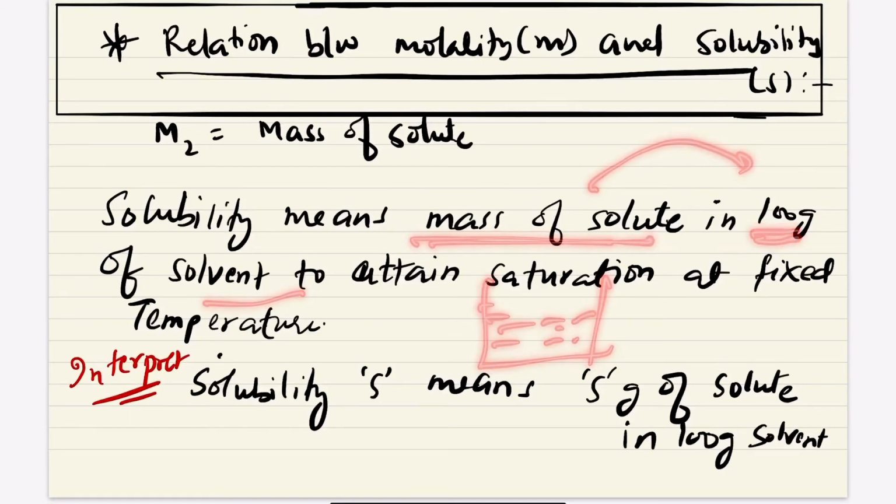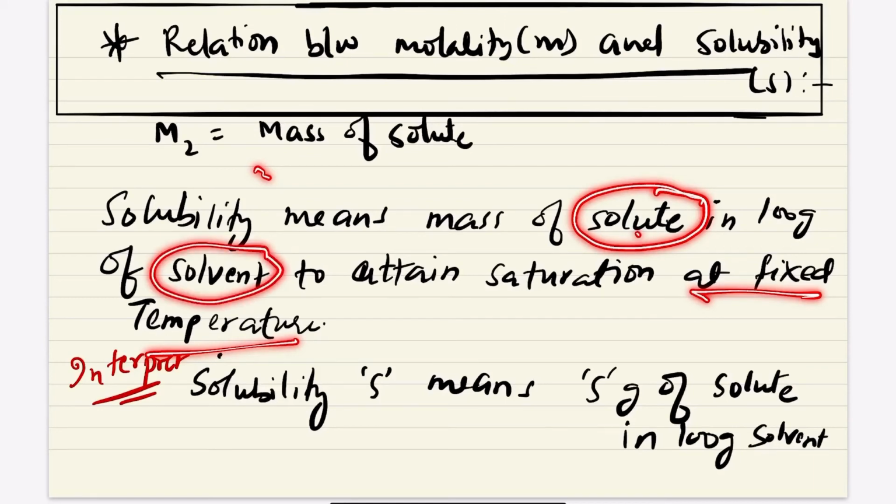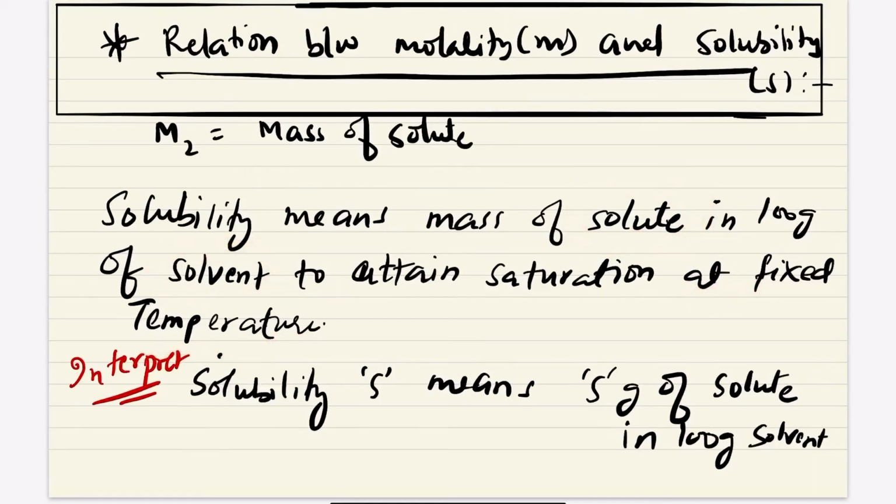Okay, to make saturated solution, at a fixed temperature, that is called as solubility of particular solute in the particular solvent. Okay, clear, कि कितना solute का mass आप dissolve कर सकते हो maximum 100 gram of solvent में. Okay, that is the meaning of solubility. Let us say solubility S is given. So what is the meaning of solubility S? It means S gram of solute will dissolve in 100 gram of solvent.